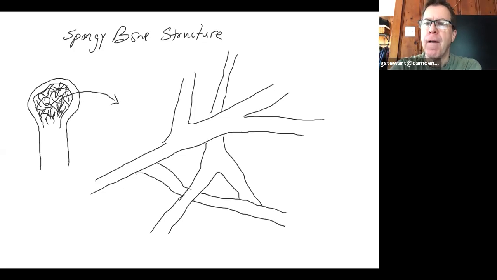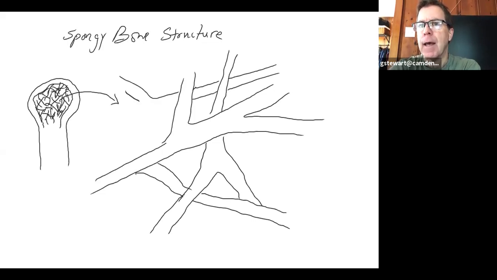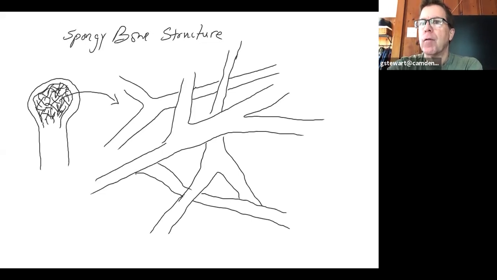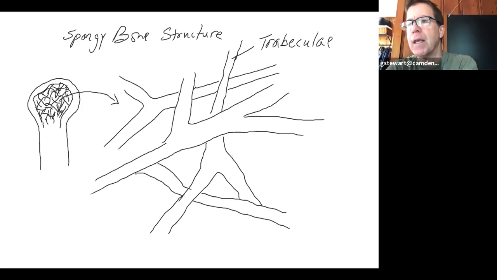So I'm drawing, and the name for these little bone needles, or spicules, is trabeculae. And I'll write that out. So the actual bone in spongy bone is these little needles. That's trabeculae, plural with an E. If I take the E off the end of that, that means I'm talking about one little piece. So the actual bone tissue are trabeculae,